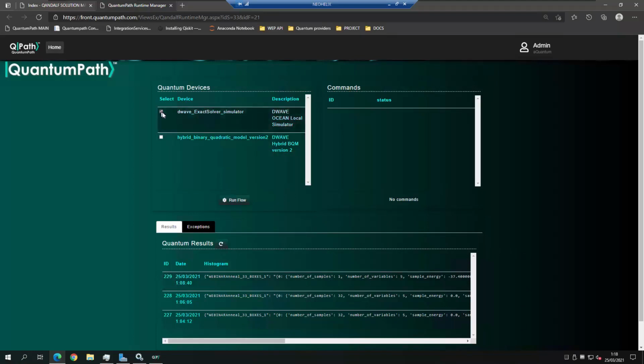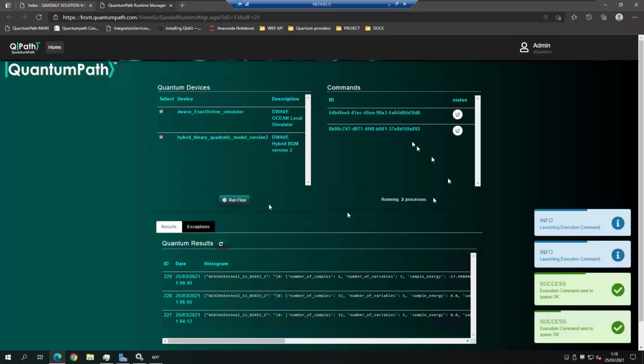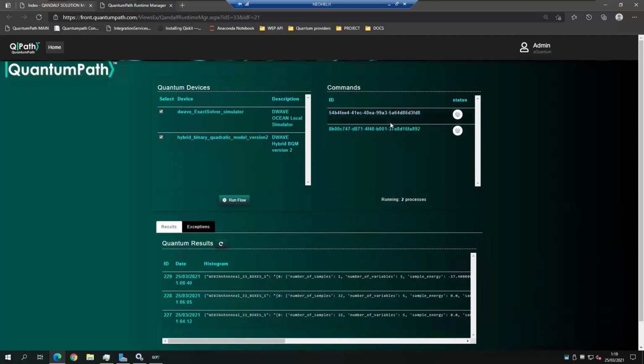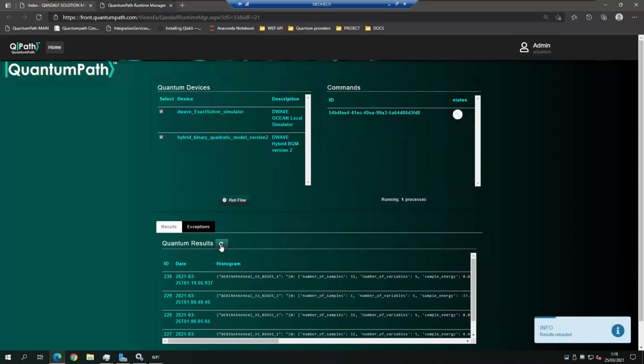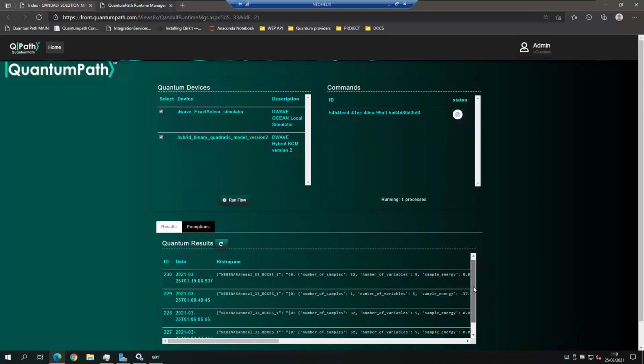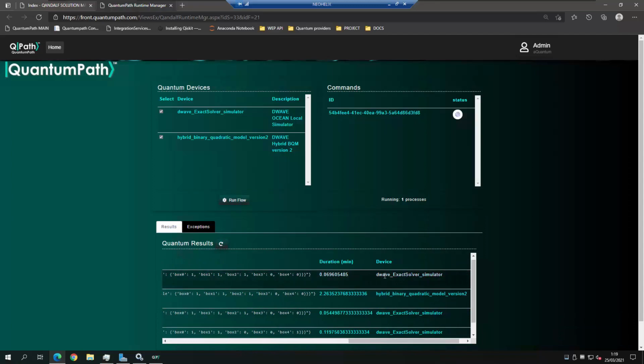In this case, we will click on the D-Wave exact solver. This is a local solver installed in the backend of QuantumPath, and then we will execute the experiment in a real machine of the D-Wave into the cloud. Okay, if I click on run flow, all the processes are running now, and we will see the results. Well, if I refresh, we can see that we have first the result of the D-Wave exact solver